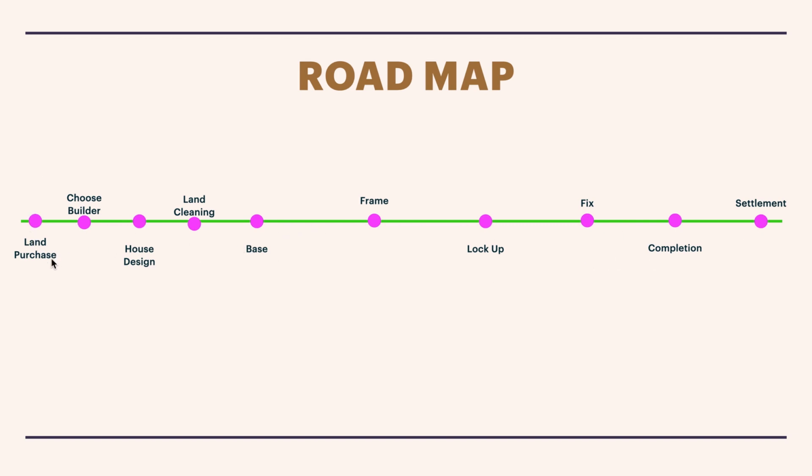Okay, and we did not do a land and house package, which is very common in this part of the world. What we have actually done is we bought the land from the local real estate agent, and then we went ahead and figured out which builder to go with. I will be talking about our thought process with respect to purchasing the land in a short while in this video. But just to give you an overall overview, it's basically a land purchase, then we chose a builder,